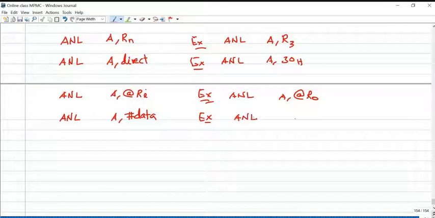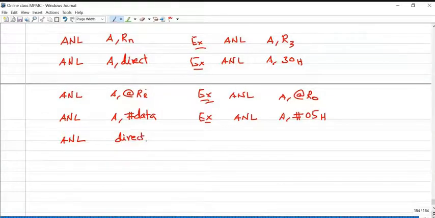So ANL A, this hash symbol indicates immediate data available in the instruction itself, say for example #05H. Then logical AND operation in reverse is also possible: ANL direct, A.